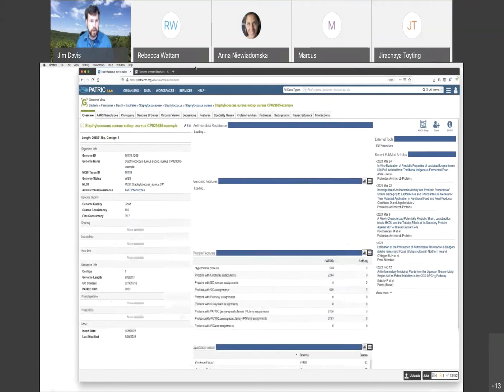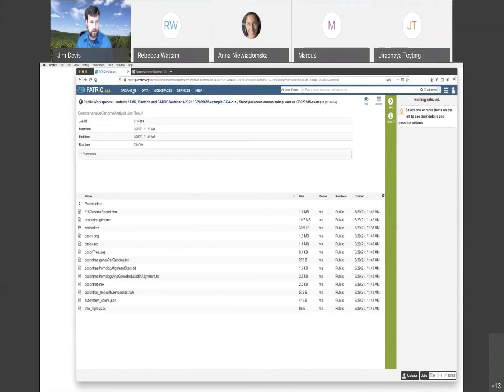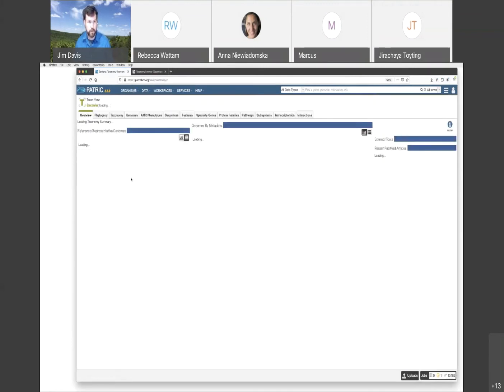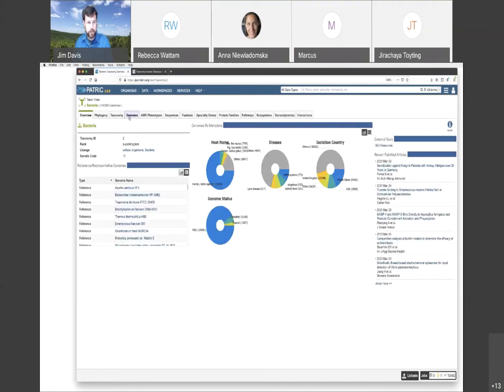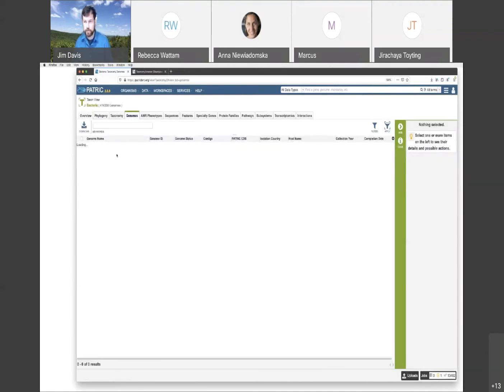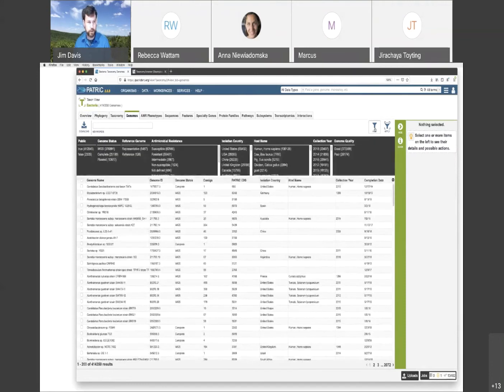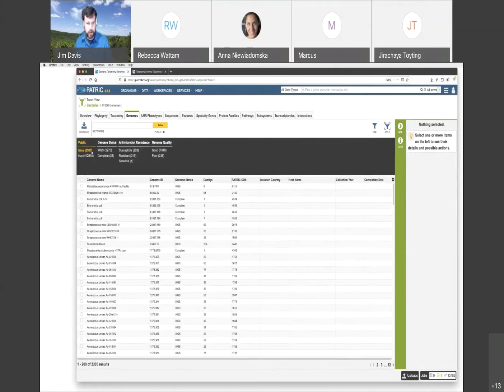The other way to get there is to go to the organisms page. This was a bacterium, so I'll click on all bacteria genomes. This is every bacterial genome, so this takes a second. And then you can filter for public and private. I've got 2,300 genomes in here that are private. But I should be able to find